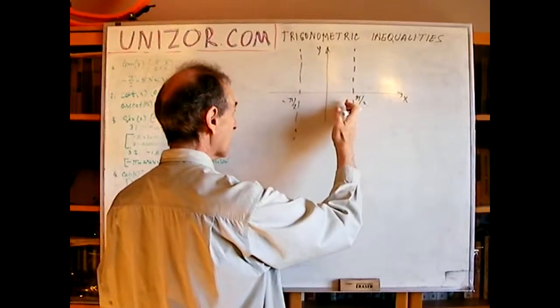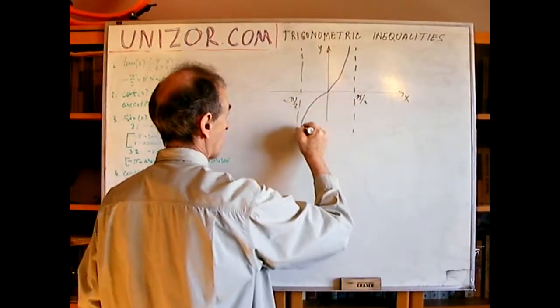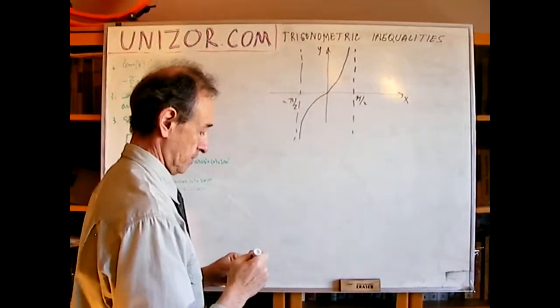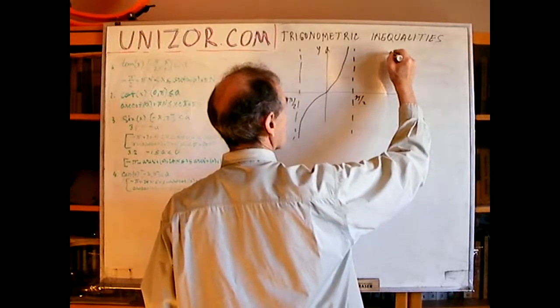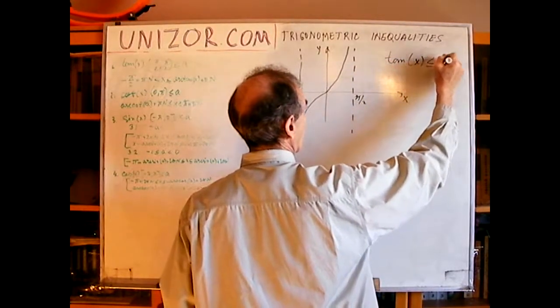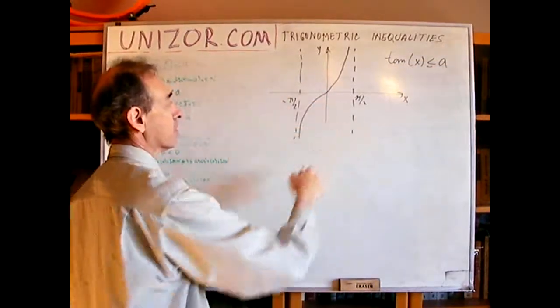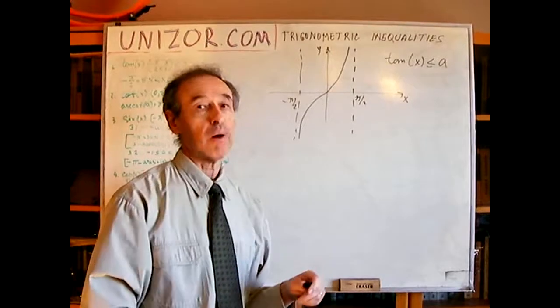This is exactly the interval where the function tangent behaves monotonically. It's monotonically increasing. So I will solve the inequality on this period from minus pi over 2 to pi over 2, and then just add pi,